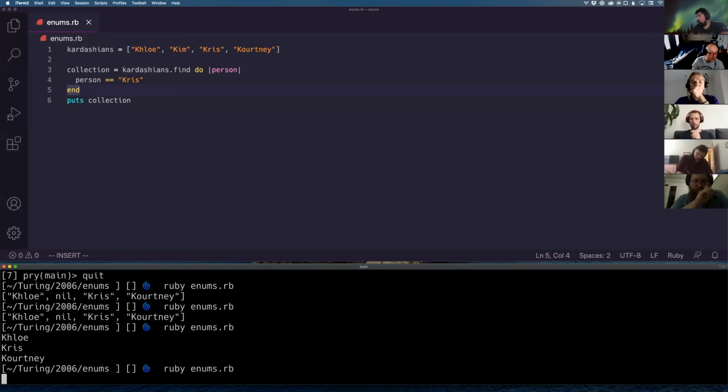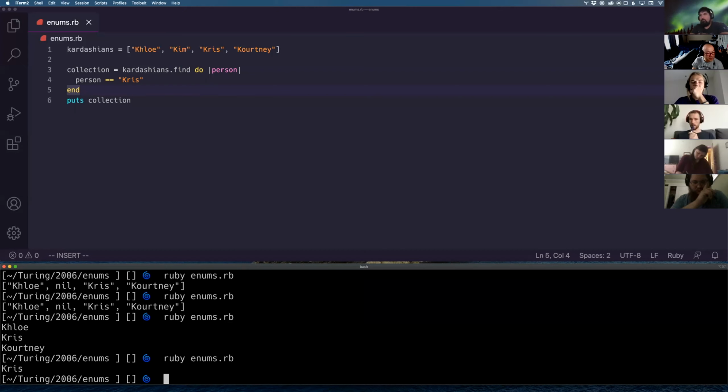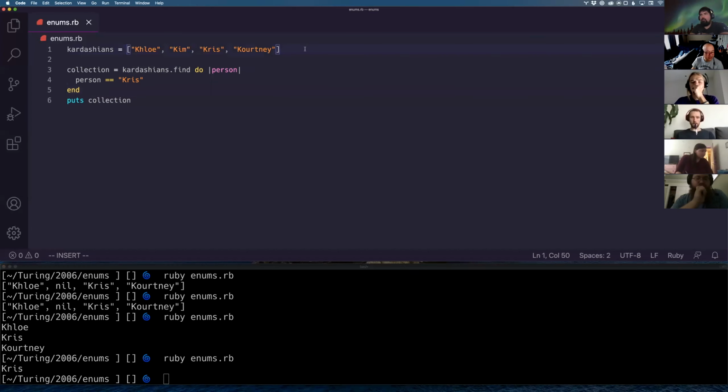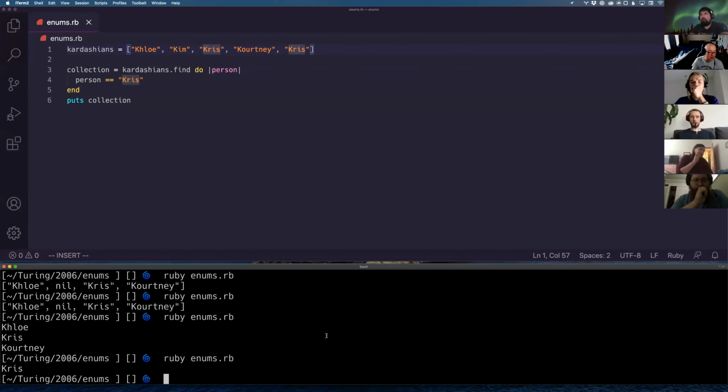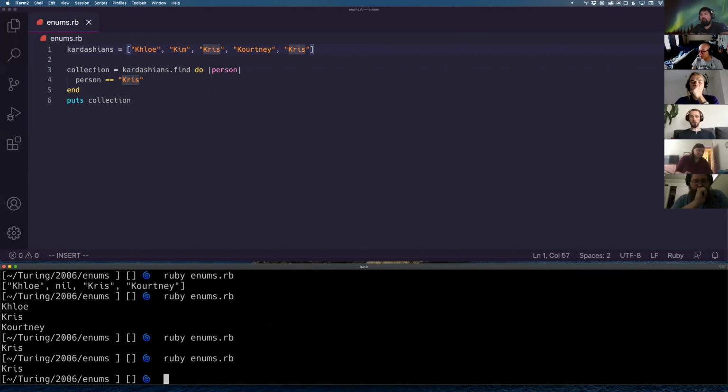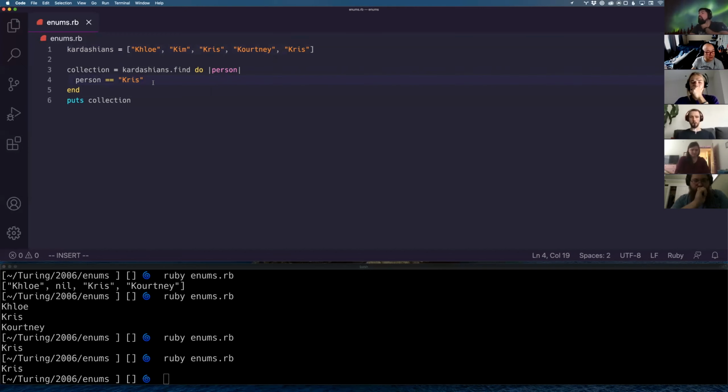And this one's kind of weird because it's just going to find the one, there's only the one. What we can do is add a second Chris in here, and it will still just grab you the first one. This isn't that great an example, but what we can potentially do,